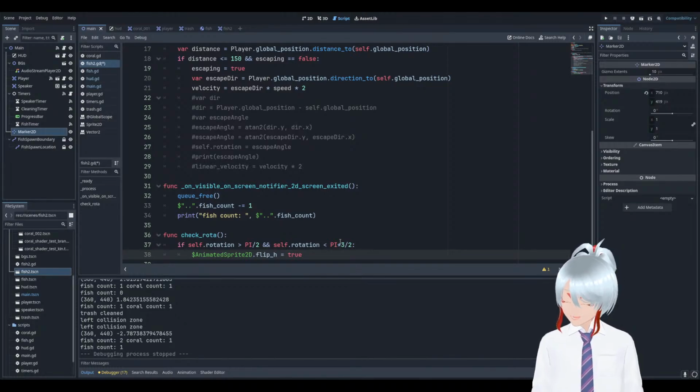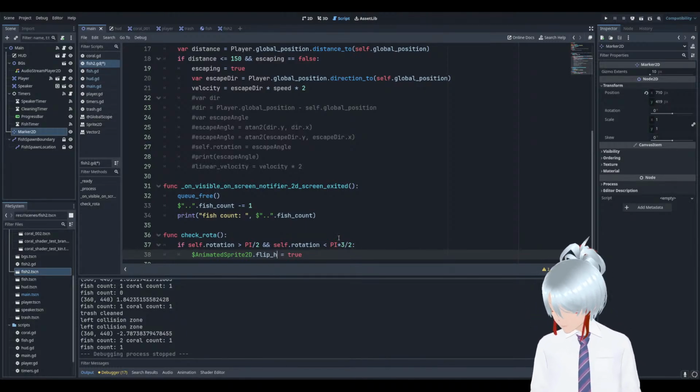So I think what's happening right now is that horizontal flips are fine. Basically, if it were to look upside down,